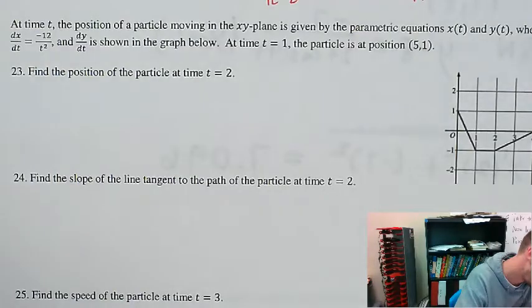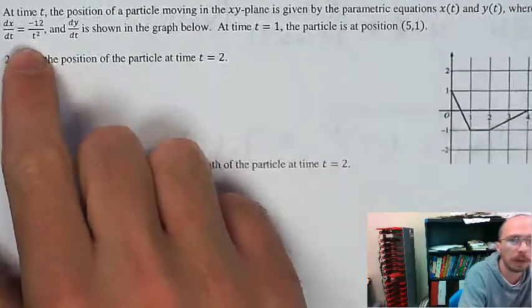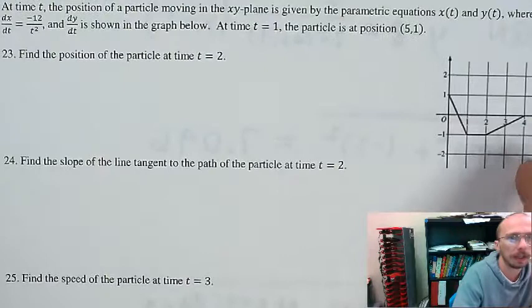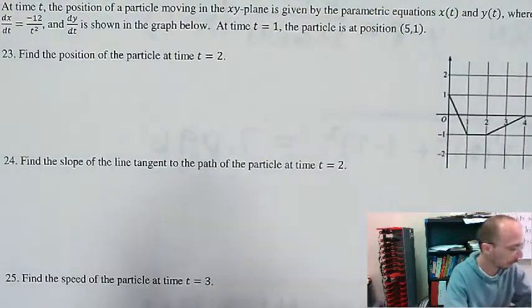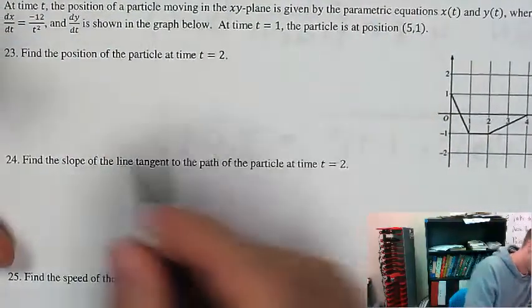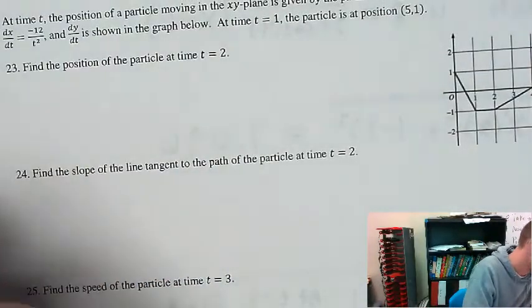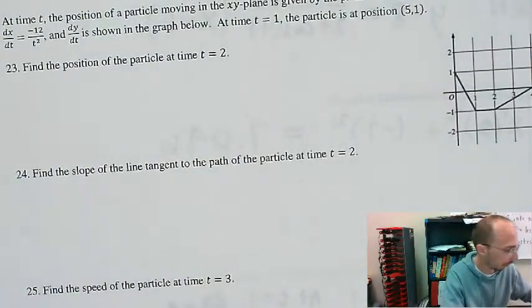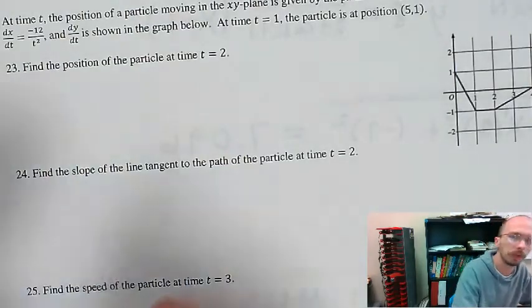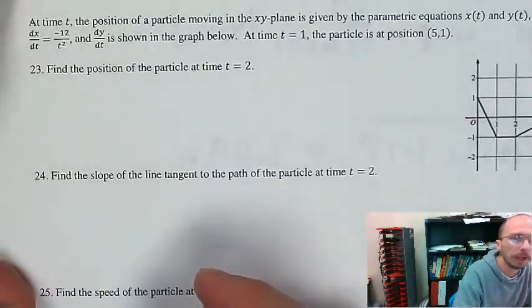All right, so dx dt is given. It's that negative 12 over t squared. And dy dt is this graph. And they gave us an initial condition. Find the position of the particle at time t equals 2. All right, we can do that. So x of 2, okay, yeah, I gave plenty of room throughout the whole assignment, but now it's not nearly enough room. So